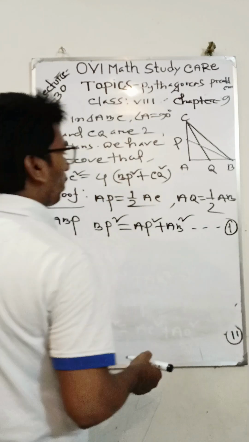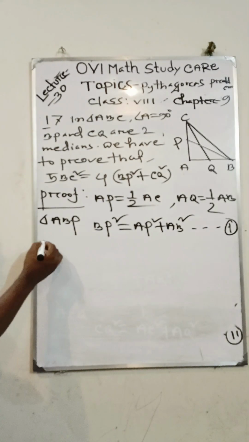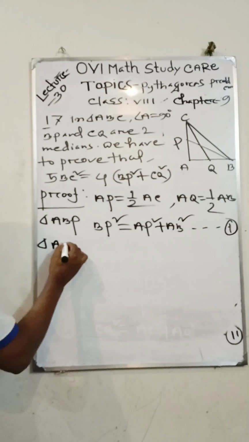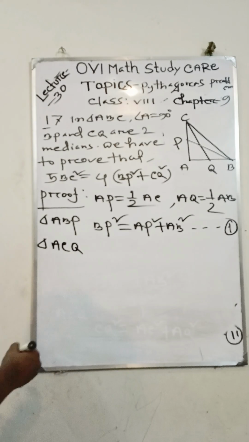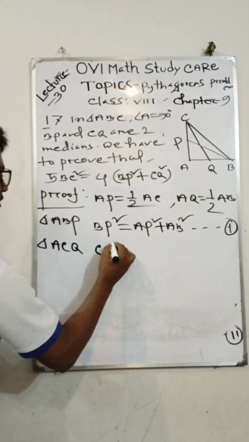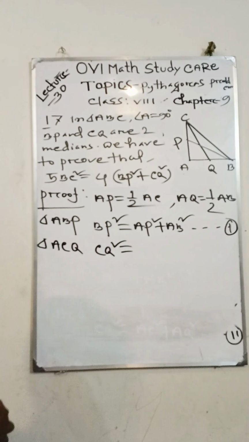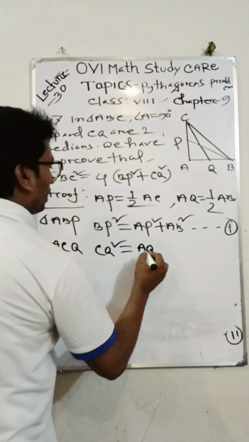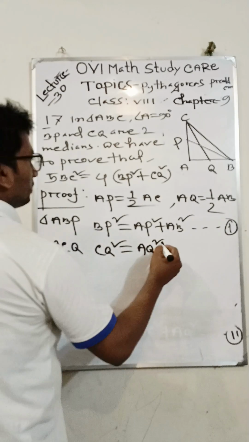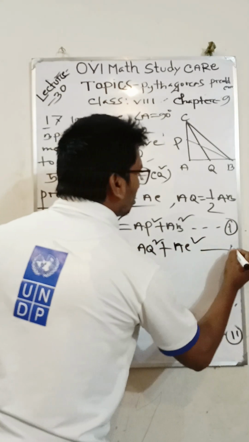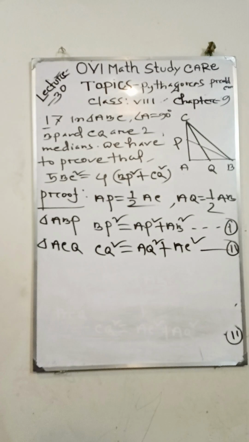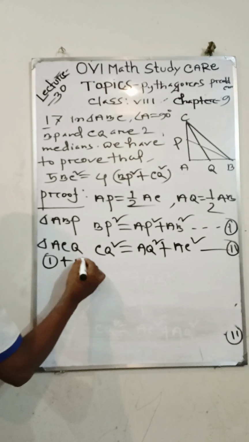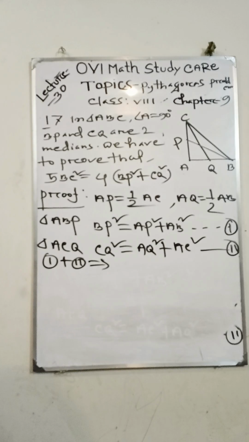This is equation number 1. And in triangle ACQ we can write CQ square equals AQ square plus AC square. This is equation number 2. Now adding 1 and 2, we get